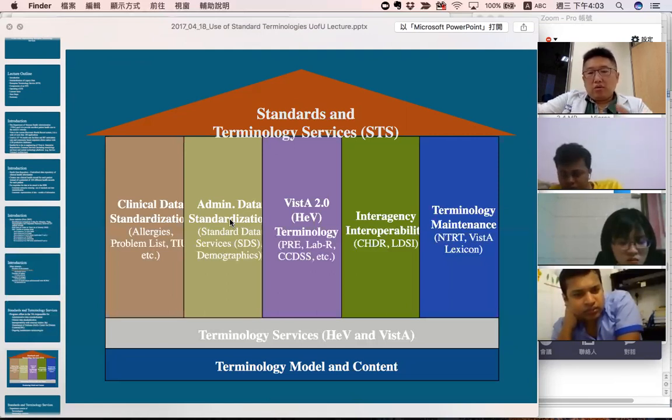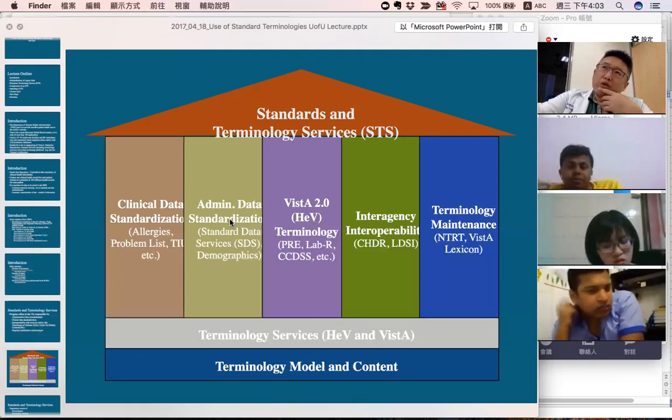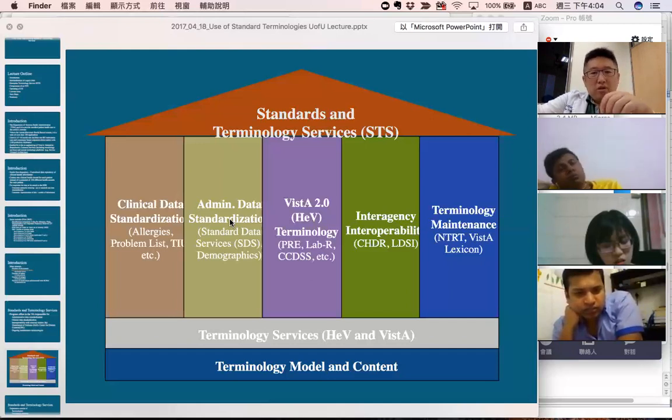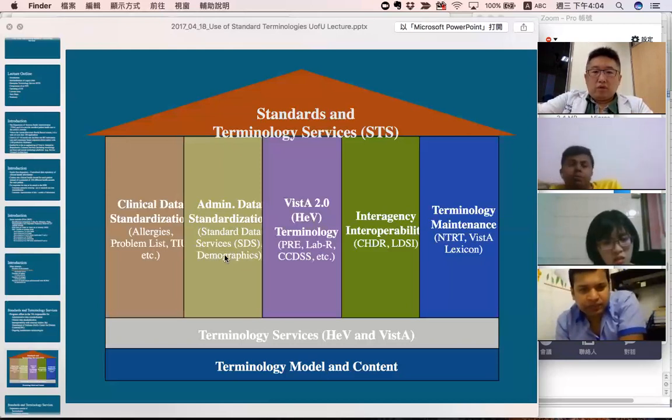In Taiwan it is okay because we don't differentiate people by race, but in the US, I'm not sure whether they document you are Caucasian, African or Filipino. I'm not sure, but I remember they document that kind of thing. But this all belongs to the administrative data. So that provides some fundamental data of